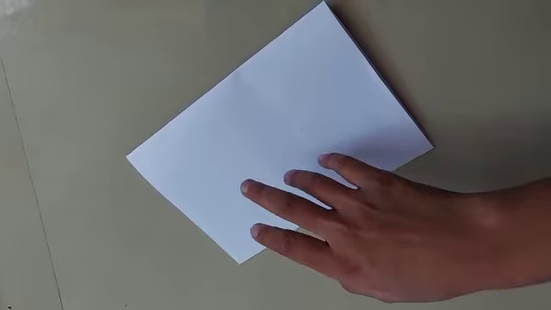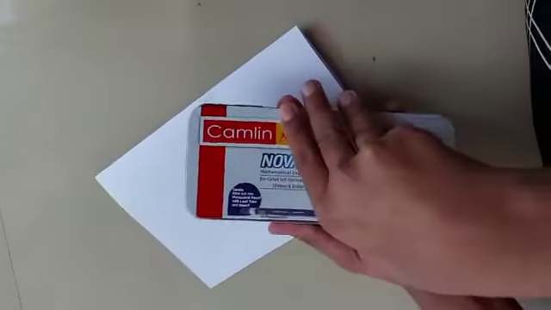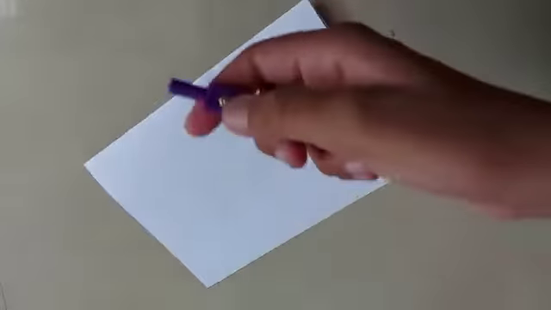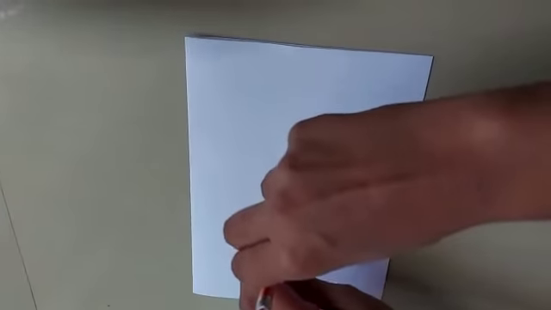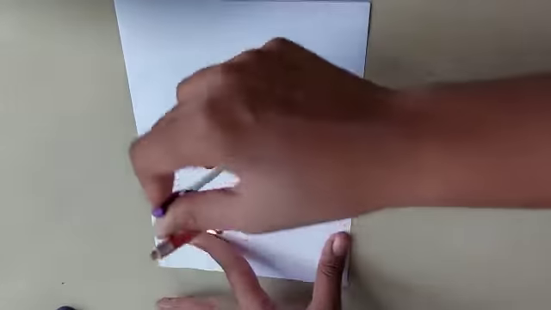So here we will be taking a chart paper and folding it, because in this activity we need two circles. So here I have folded a page. Now with the help of the geometry box we will be drawing a circle. You can take any radius or diameter. Now I will be drawing a circle. Remember that the page should be folded because in this activity we will be needing two circles.